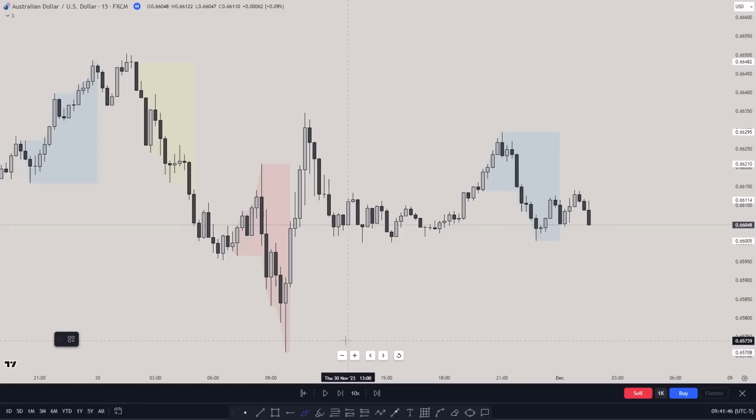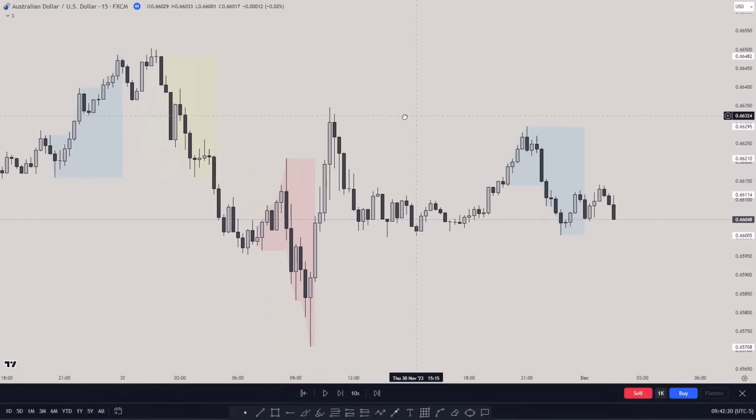I've talked about top-down analysis, but the best way to explain this method is by going over a few examples that I took live, and show you what I was thinking at that moment. So I will go over what I was seeing at this time, what I was thinking, and what was my feeling at that time. So starting with the first example, and this is Australian dollar.